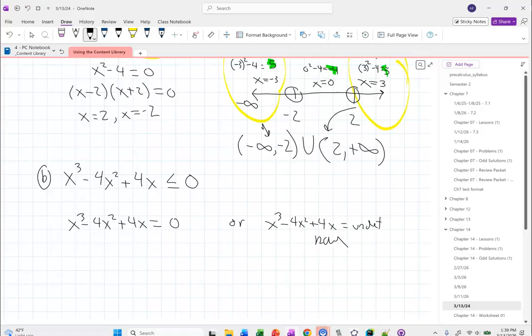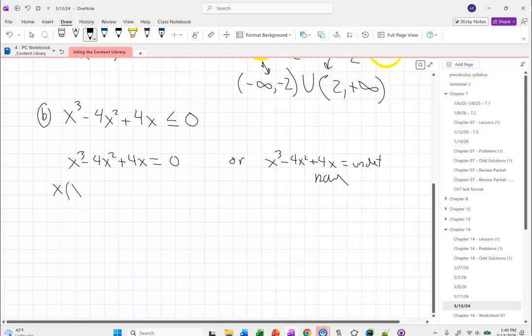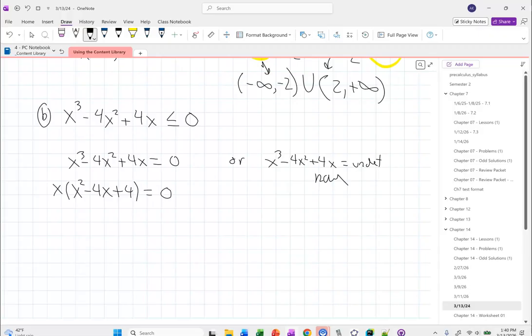Okay, let's solve this one. How are we going to solve x cubed minus 4x squared plus 4x? What do I do to start this factoring? Take out an x. That's a great choice. Notice that there's a greatest common factor of x here. That's always the first thing that I want to check when we're doing any polynomial factoring. Notice the resulting trinomial is quadratic, and the leading coefficient is 1. So this should be ideally something we can factor quite easily. How does x squared minus 4x plus 4 factor? x minus 2, x minus 2.